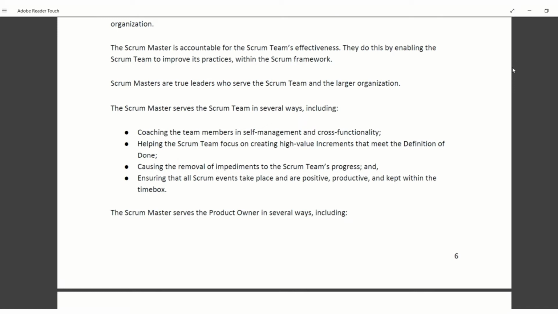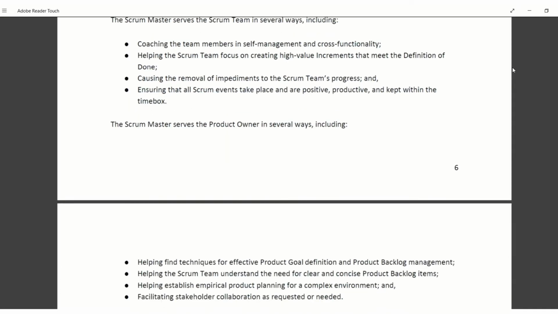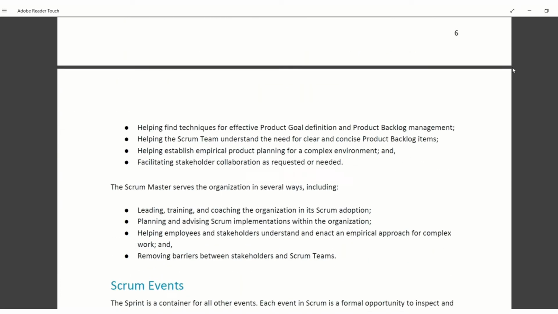The Scrum Master serves the product owner in several ways, including helping find techniques for effective product goal definition and product backlog management, helping the Scrum team understand the need for clear and concise product backlog items, helping establish empirical product planning for a complex environment, and facilitating stakeholder collaboration as